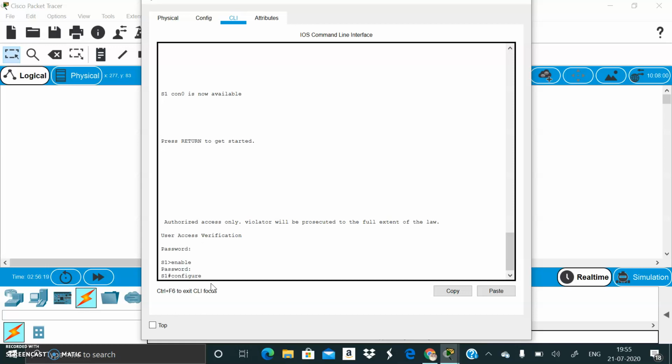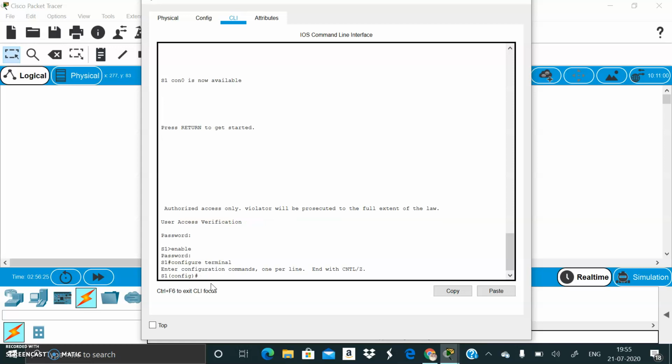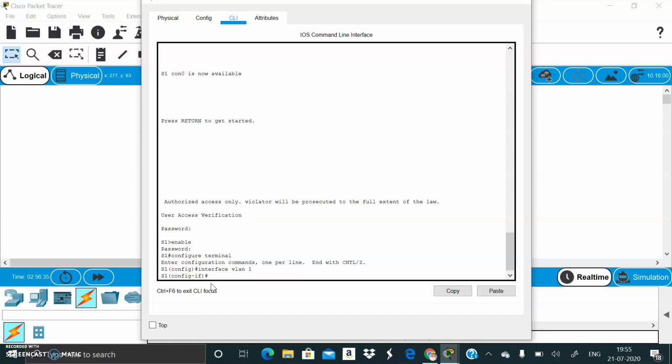So I am entering configure terminal. Okay, next I have to enter into the interface configuration mode. For that, interface VLAN 1. Okay, I have entered into the interface configuration mode.